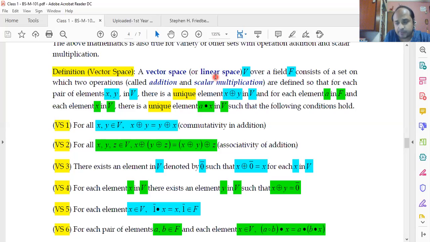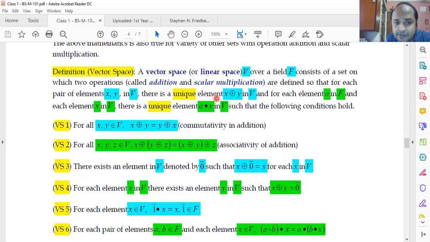So with respect to the knowledge of vector space, we shall be dealing with solving systems of linear equations, and therefore sometimes a vector space is called a linear space. So a vector space capital V, now this capital V is not my set of velocity. This capital V is any set. A vector space capital V over a field capital F consists of a set on which two operations called addition and scalar multiplication are defined, so that for each pair of elements small x, y in V, there is a